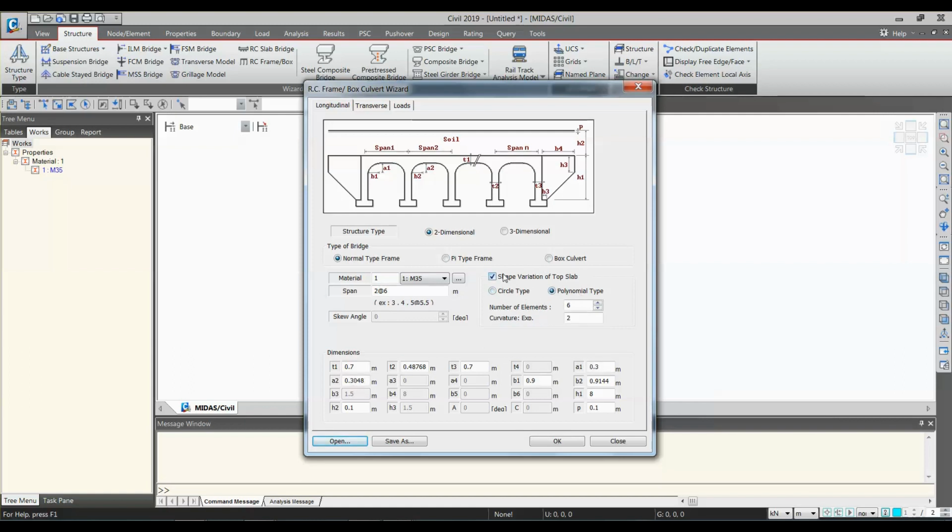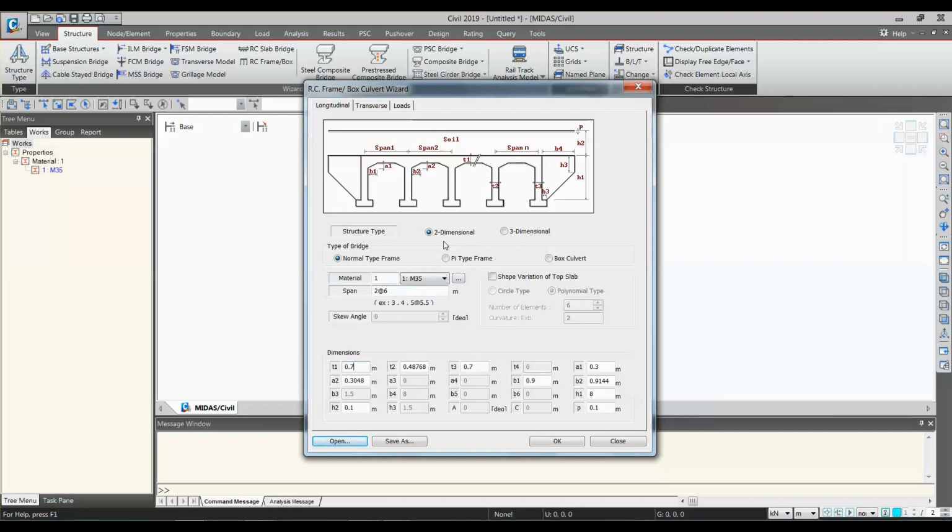If it is normal, then you can just close the shape variation tab. Now looking at this diagram, you can enter T1, T2, the span length, or the height of the wing wall if present. You can enter all these depending on this image and the drawings that you have. Right now, 0.7 is the thickness of the top slab of the frame. Remember, we are dealing with the frame and not a culvert, so there is no bottom slab present here. So don't confuse. And T2 is the thickness of the wall.